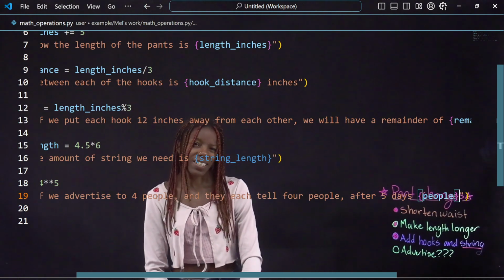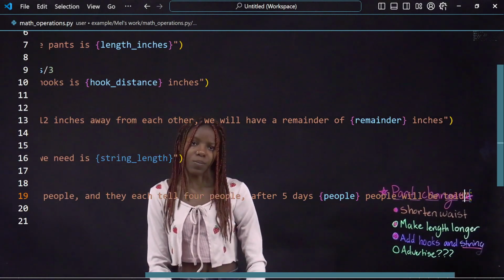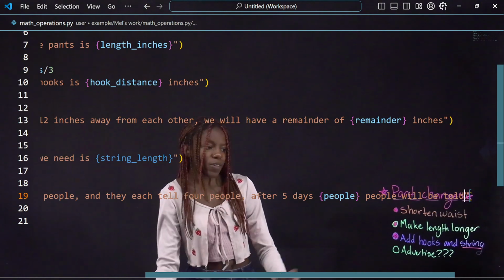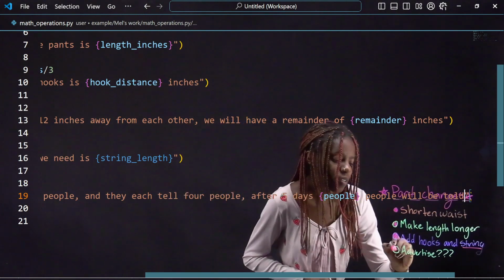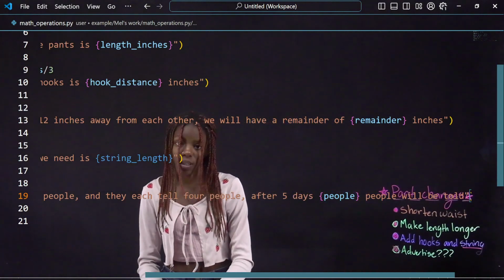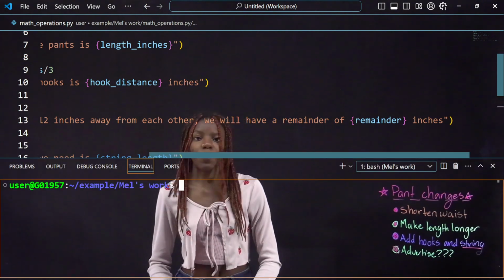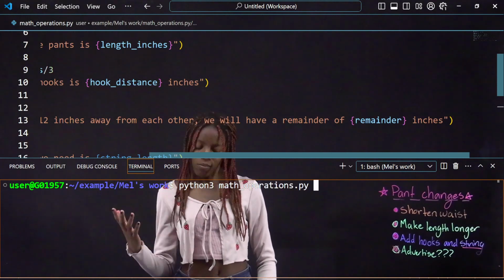So let's say that's like 20 people will be told. So now we have everything marked off. So before we run it, we want to save, and then we want to get our panel up, and then